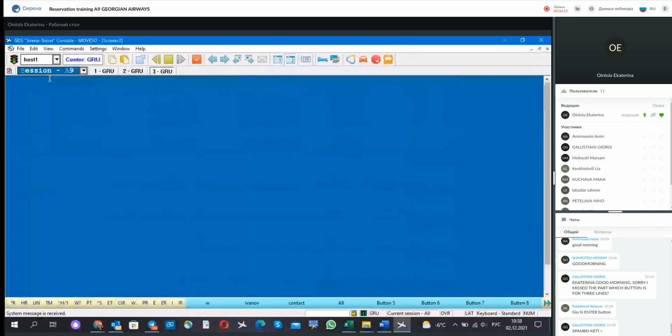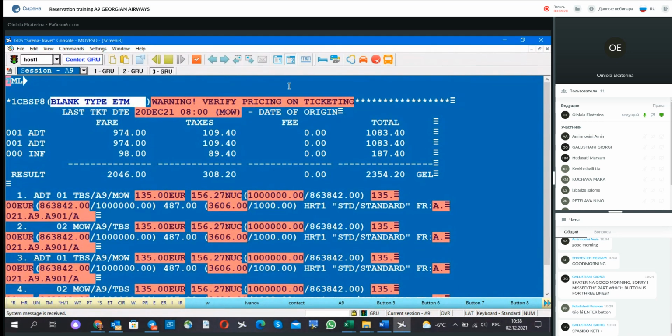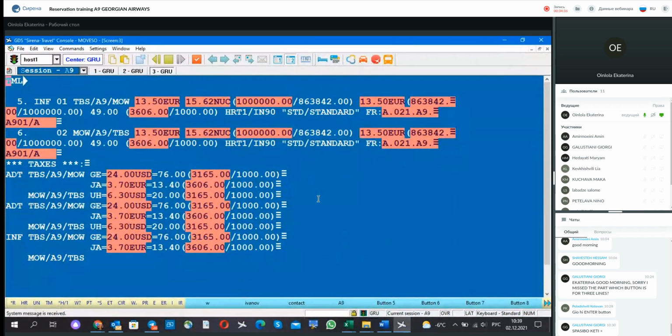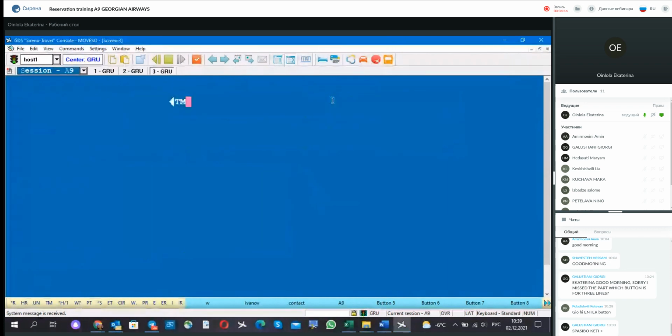If I use the TML function, I get the same pricing, but I have a page indicator below, so I can use the F9 button to go to the next page and to see additional information. So it's just one difference between TM and TML function. Then another function for pricing is TMR. The difference from TM: